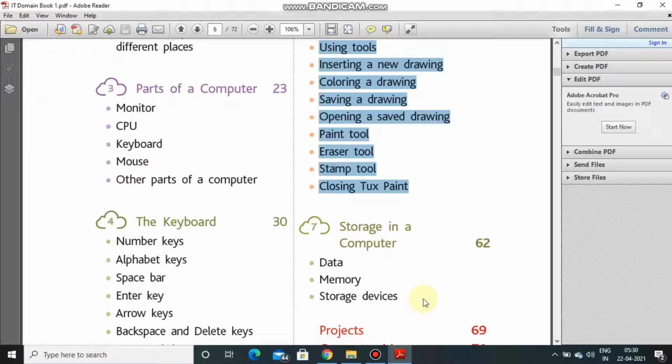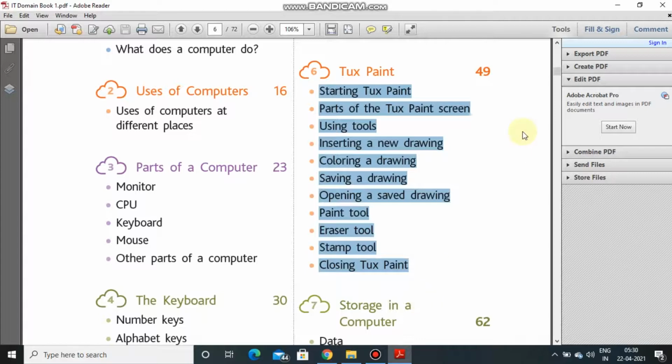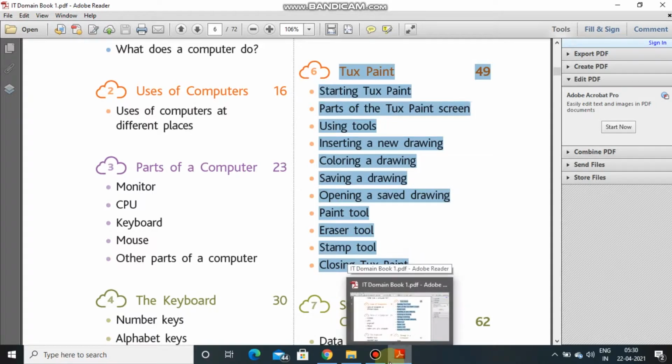We had started with revision videos for other classes, but for class 1, it is an introductory video session in which we have introduced the students to the content or the topic of the subject, and we will be taking up more classes live in which we will be discussing these topics which are given in your syllabus, and would also be going with the practical sessions for chapter number 6, that is Tux Paint. For today, we would be concluding today's session.